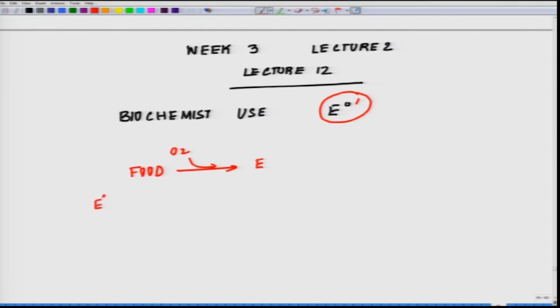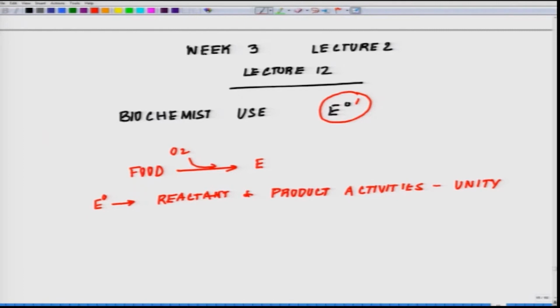Whenever we calculate E0, we assume reactant and product activities are unity. This is our assumption,